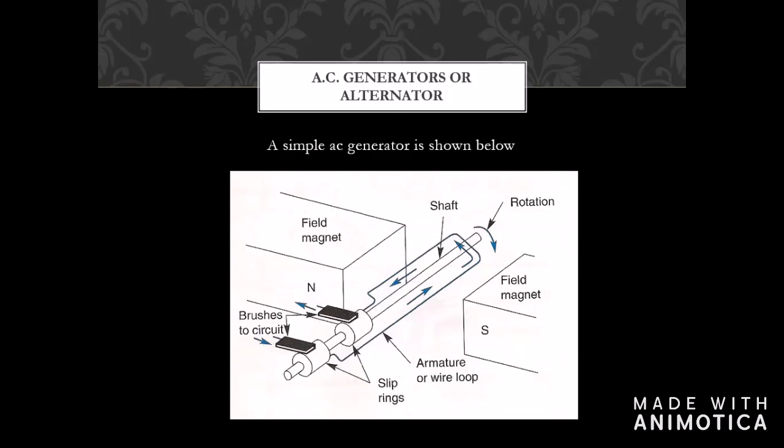Another thing that affects the rate of induction is the number of turns on the armature coil. The more turns, the more electricity will be produced. Also, the type of material that is used to make the armature loop affects it as well. Then, of course, the speed at which the conductor